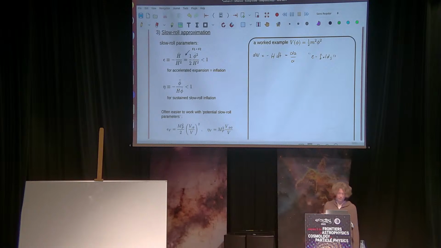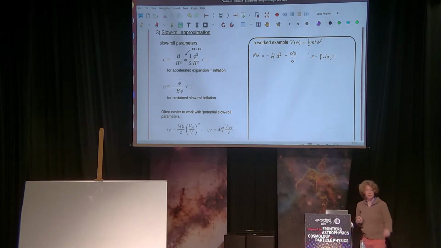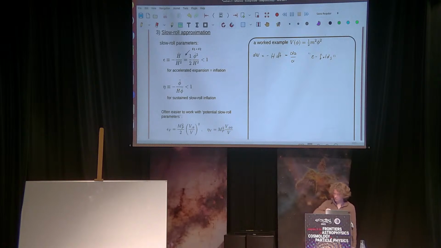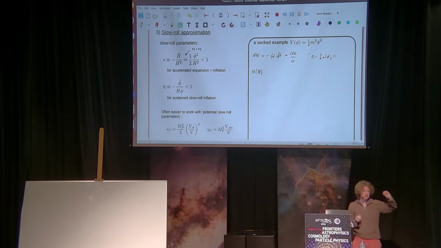So if we have the scalar field in this m squared phi squared potential, I can now measure time in three ways. I can measure time by t, by tau, by N, and also by phi, because if my field is just rolling down the potential, then each point of time will correspond to a certain field value phi. So it would be useful to establish the connection between these different variables. I want to know, for a given value of phi, a given point in my scalar potential, how many e-folds that is away from the end of inflation. So this is N of phi,